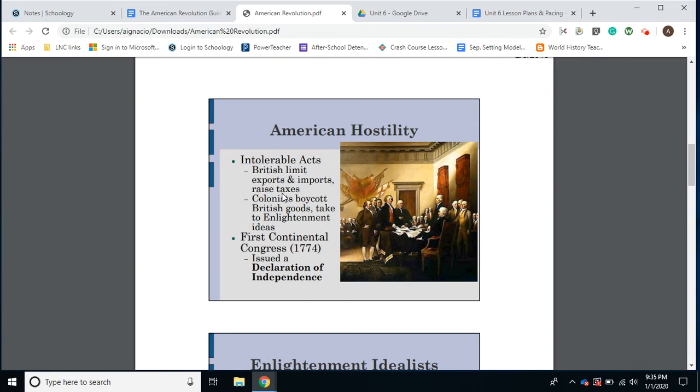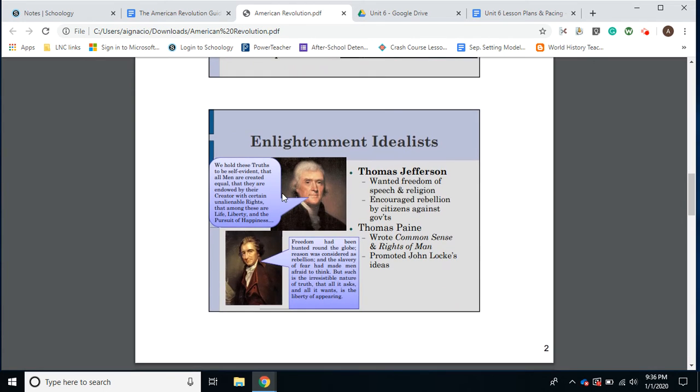Due to the Intolerable Acts and the increased taxation, the colonists call the First Continental Congress, which is when the colonists write the Declaration of Independence, which declares the colonies independent from Great Britain. For Great Britain, this is a problem because they don't wish to obviously lose their colonies. This is a huge part of what is economically funding and supporting Great Britain. And so this is what leads to the Revolutionary War.